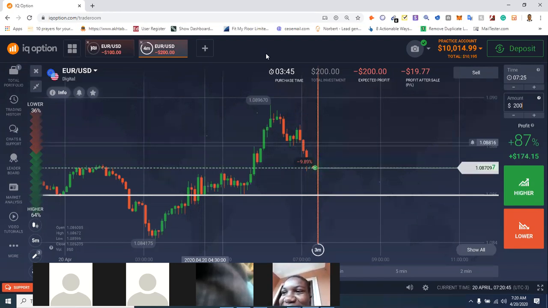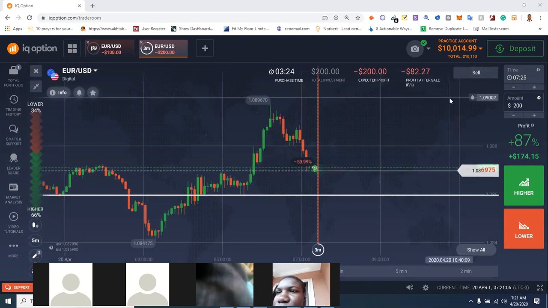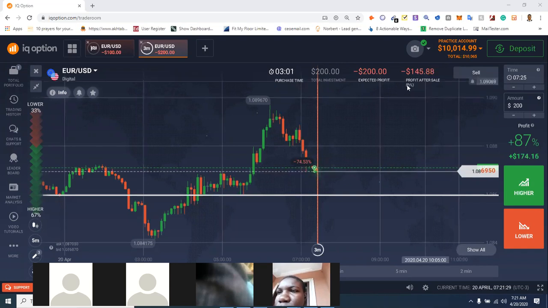Now, this is what I would do if it is me. You can say I'm in loss right now. I don't want to lose my money. I would wait till the second number here is green. This second, not even this first one. This second one is what I wait for. Once the second one is green, then I will sell it. If it's not green, I will not sell it. But if I should sell it at red, I'm going to lose. That's what you do. That should be the determining factor to know when to sell the trade. Assuming after pressing higher, you now find that you won your trade, you sell it, but you have to make sure that the profit after sale is green, not red.